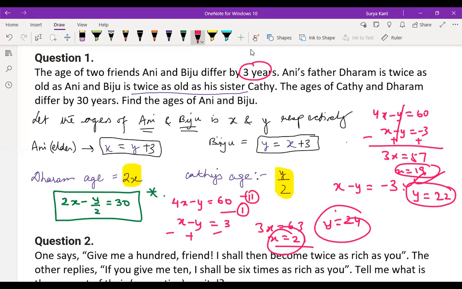No, you should not consider it that way. You can check here also: put the x value. What NCERT solution have they given? X is equal to 21, y equals 24, by considering the first one. Now you put here, 2 into x, that is 2 into 21, that is 42, minus 12 is equal to 30. And if you put 19 and 22, it's coming the same. Just check: 19 2s are 38. Sir, we are getting both correct. Yes, both correct.